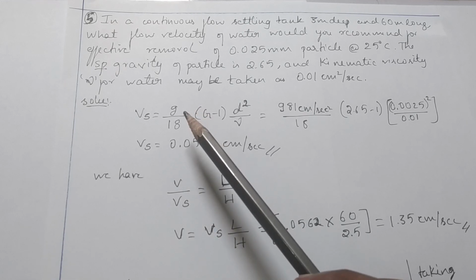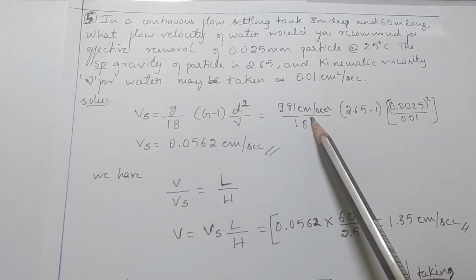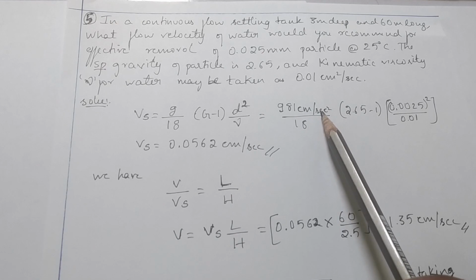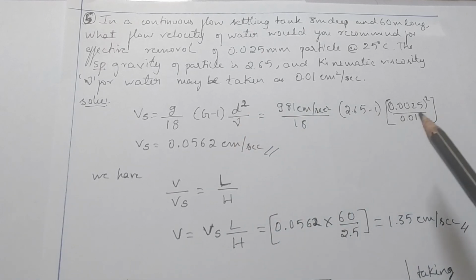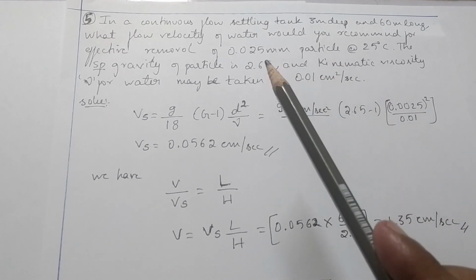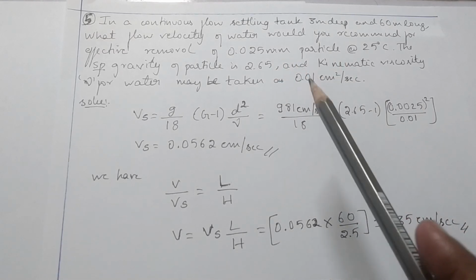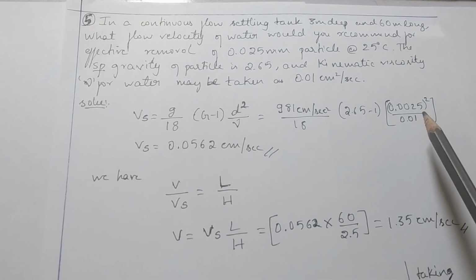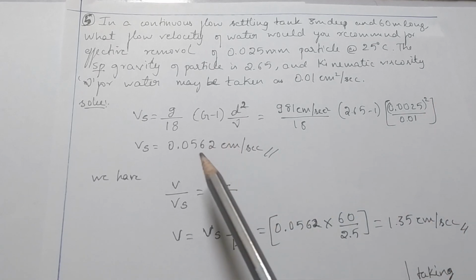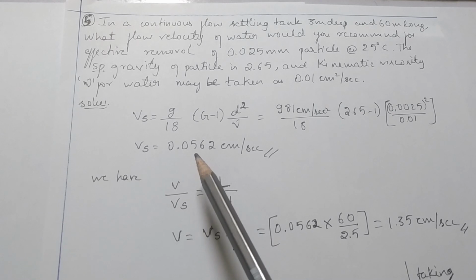So acceleration due to gravity can be expressed as 981 centimeter per second square. Specific gravity is given as 2.65, and diameter is given as 0.025 millimeter. When it is expressed in centimeter, we can write it as 0.0025 centimeter. And after substituting, you will get the settling velocity as